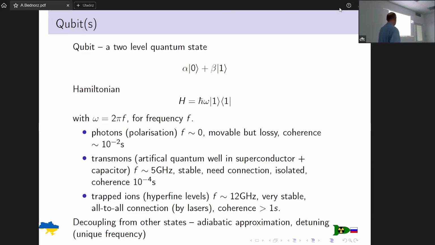Photons are very good because they can move. So they are very good in, for example, Bell tests, when you want to send at large distances. The disadvantage is that they are lossy. You can easily lose the photon. It can be absorbed. Just before this talk, I learned that they are improving the coherence of photons. So photons now have close to a second coherence time by some special cavities. Okay, so that's one of the possibilities.